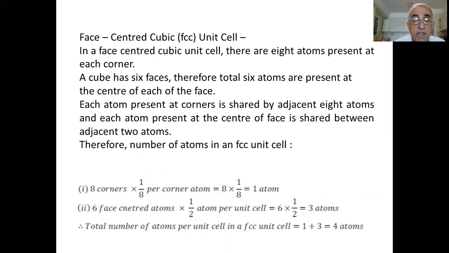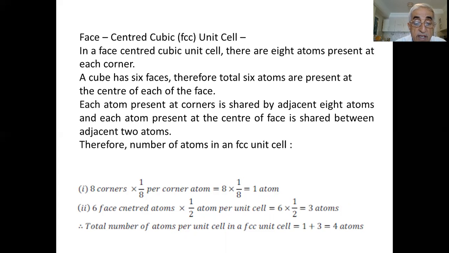Face-centered cubic FCC unit cell. In a face-centered cubic unit cell, there are 8 atoms present at the corners. A cube has 6 faces, therefore 6 atoms are present, one at the center of each face. Each atom present at a corner is shared by 8 adjacent cells, and each atom present at the center of a face is shared between 2 adjacent cells. Therefore, the number of atoms in an FCC unit cell is